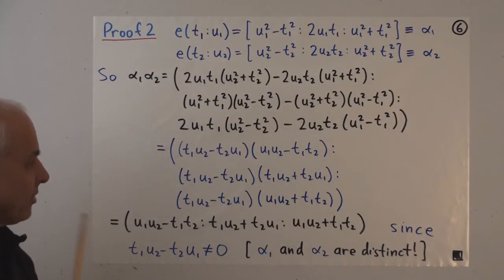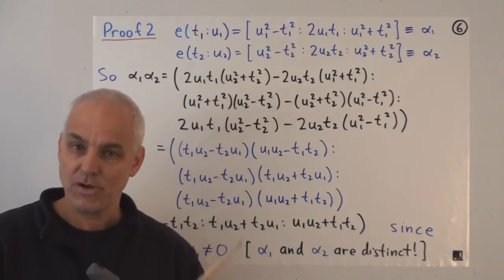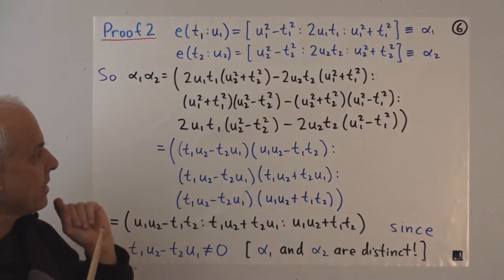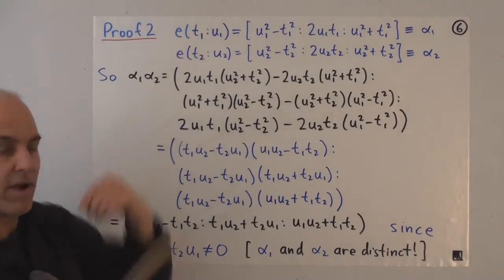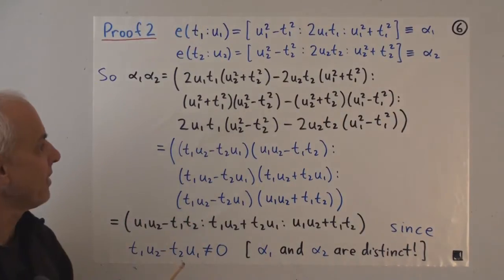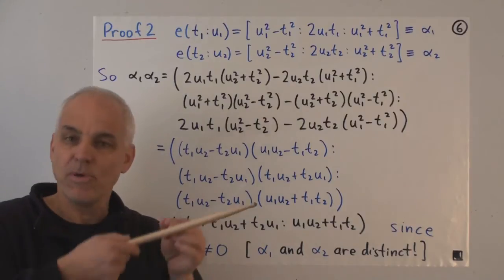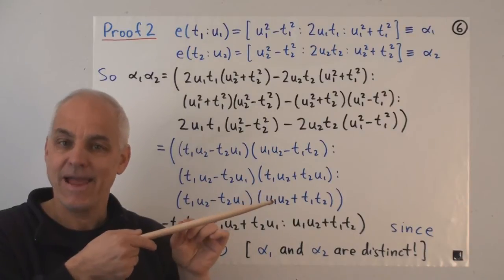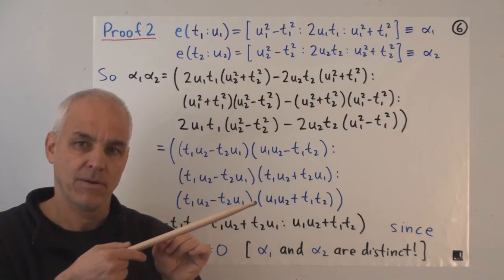Now there's something interesting here to remark. We shouldn't be surprised that this common factor is occurring. In fact, after you've been playing around with this subject for a while, you come to expect this kind of thing. Why is that? Because the algebra does not know whether this input and this input are actually the same proportion. If t1 u1 and t2 u2 were the same proportion, then how can we possibly get an equation of a line out of this? There is no single line through two identical points.